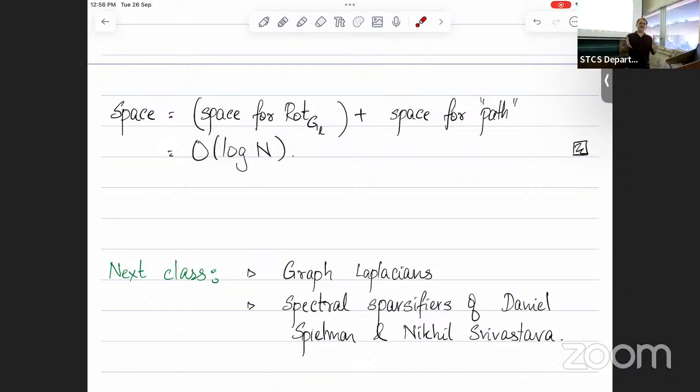It's not a deterministic way of reducing this, but we'll see that next time. In the process, I have to introduce graph Laplacians, which is another important matrix, just like the adjacency matrix. The spectral sparsifier construction will actually go via the Laplacian. Okay, so let's